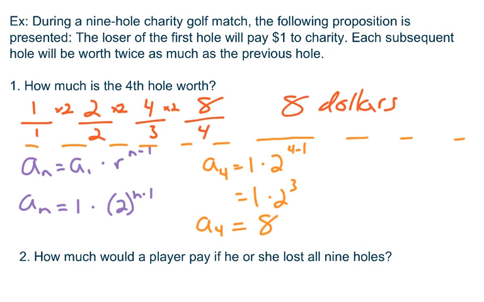So that's kind of the mathematical way we can figure out that the fourth hole is worth $8 without having to list out every single hole, or especially if we were looking for the 7th hole or the 8th hole, then we'd be doing this for quite a while. If we can figure out our formula, then it's just a matter of plugging in our numbers and getting our